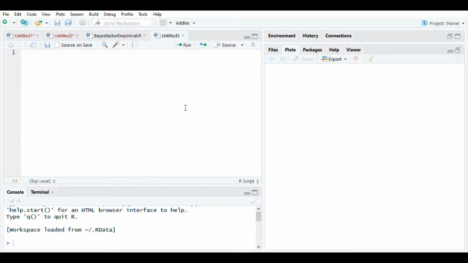Okay, so unlike before, here I have not written any code. Instead, we are going to write the code together so that you will understand how to construct the R codes for verifying simple results which we have derived in the theory classes. So the first example talks about the binomial distribution.